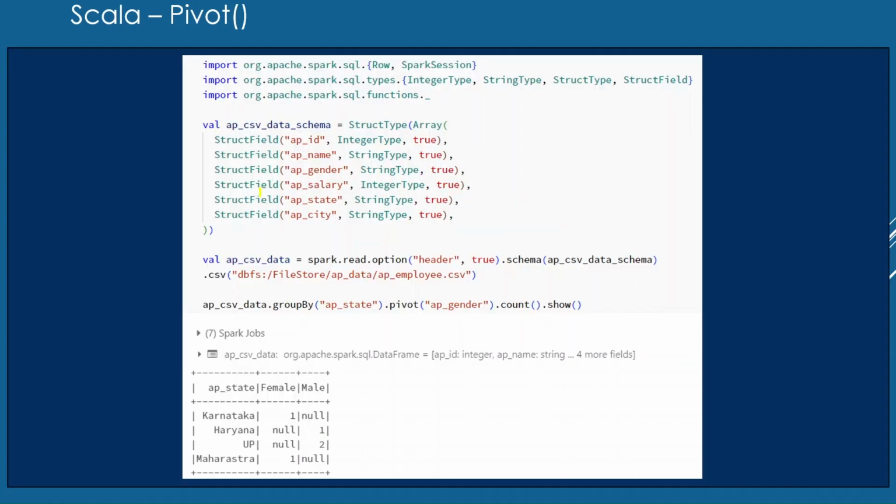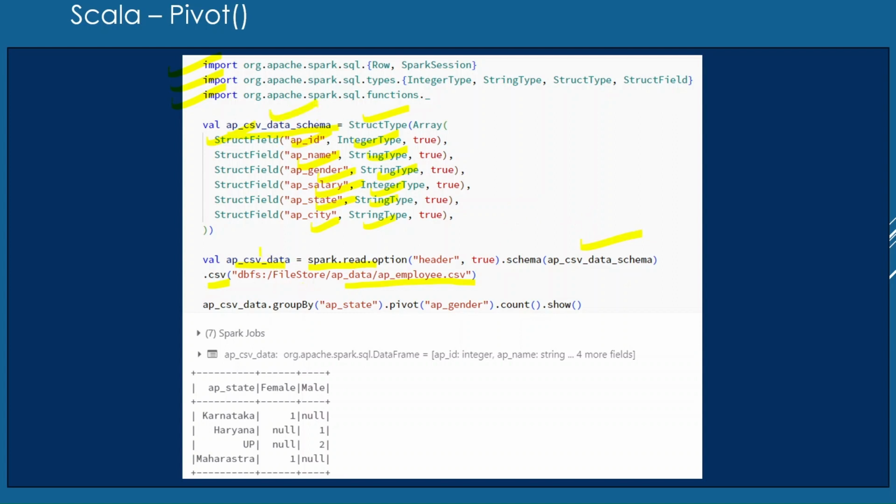I have done this exercise, on how we can convert grouped column-label data into multiple columns. What I'm doing here is importing all the required libraries. I am creating a custom schema with the help of StructType and StructField. I am creating 6 columns and their data types here. With the help of the spark.read.csv function, I am reading this CSV file to create this data frame with the custom schema which we have created here.